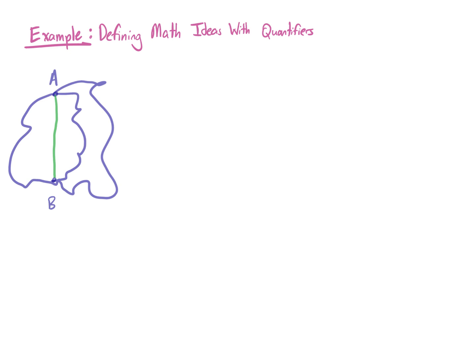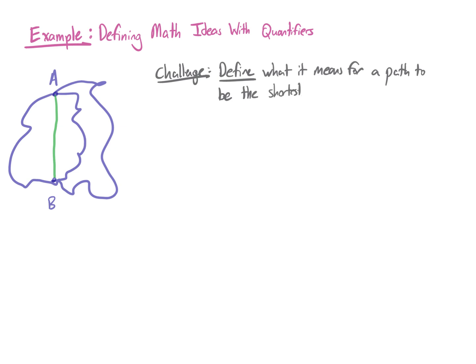But a built-in understanding of how the world works doesn't do you much good when it's time to write some code or to write a proof. You need to be able to express your idea symbolically. So let's go ahead and start doing this, and let's see if we can figure out our challenge. Challenge here. Define what it means for a path to be the shortest path